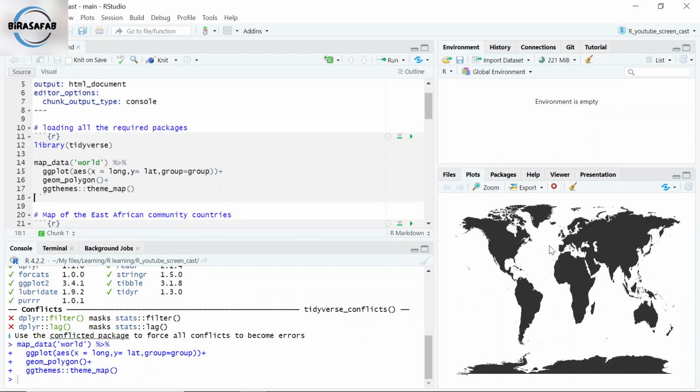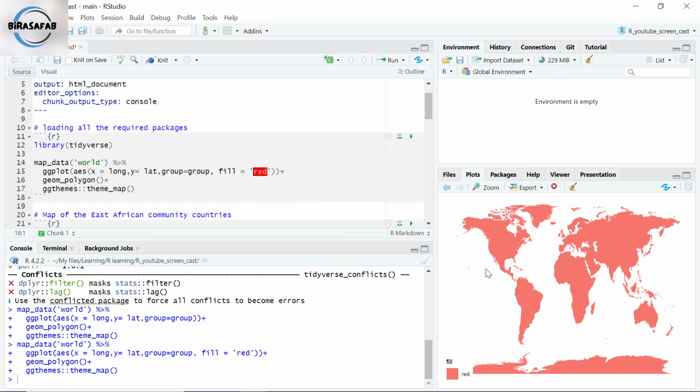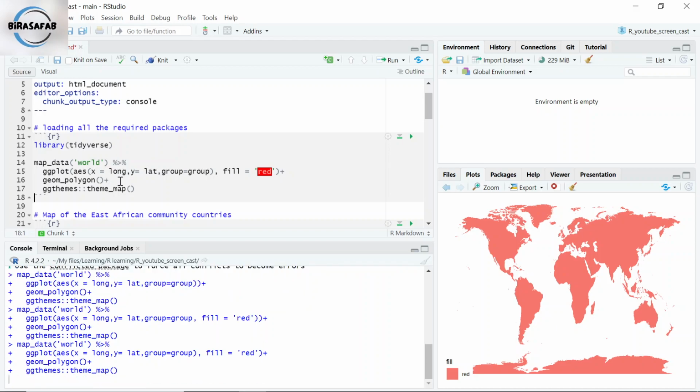We saw how you simply create a world map like this one. In this world map, I can change the color. I can set the color to be red. Let me see if it works as I expect. You see, this red color is not as per my expectation. I need to move this fill argument outside the